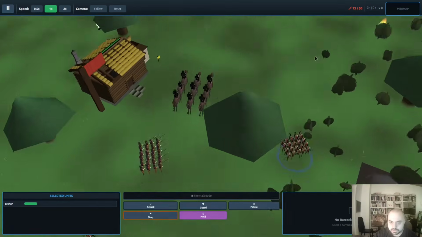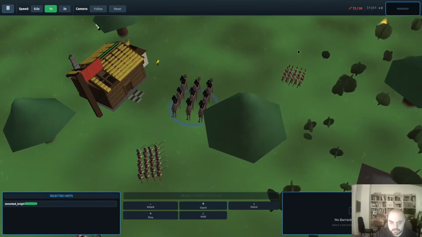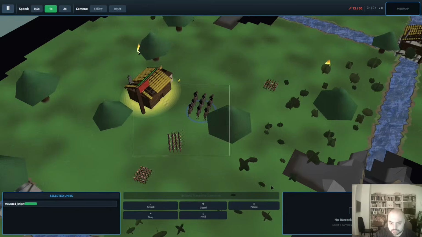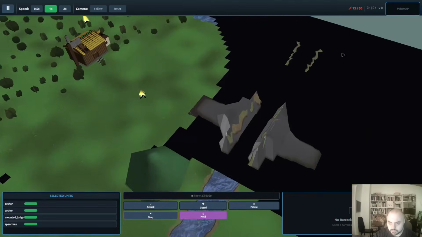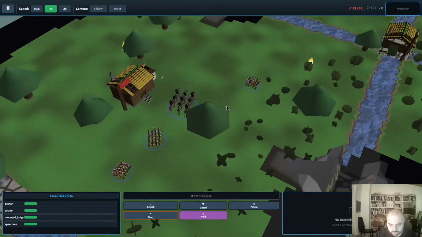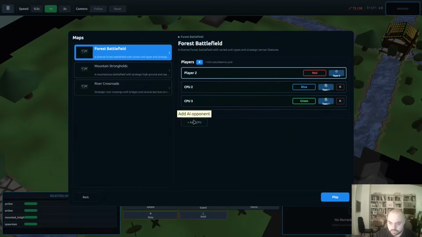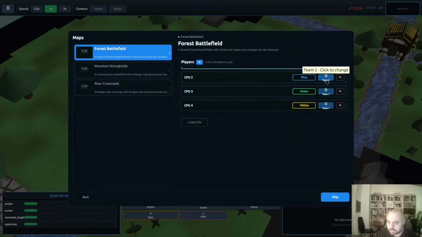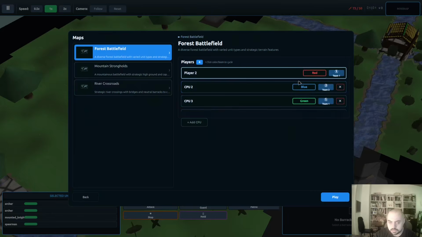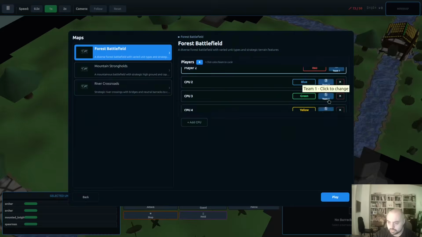And on the hills, they have also some bonus points for attack. Yeah, and that's how it works. We can check if the enemy is ready to attack us. Not yet, it seems. So maybe let's give us some advantage and add a little bit more people to our team. So we'll play 3 versus 1